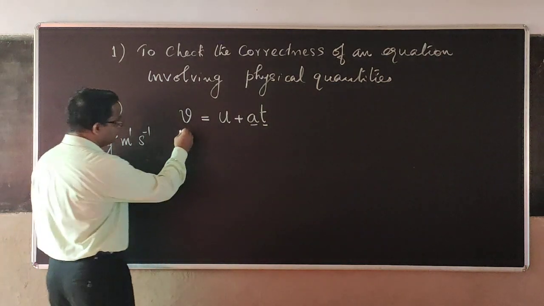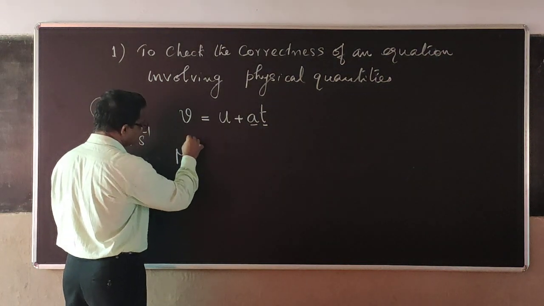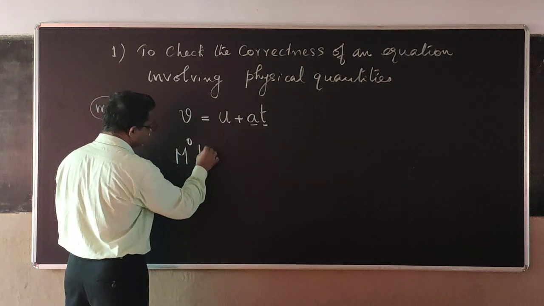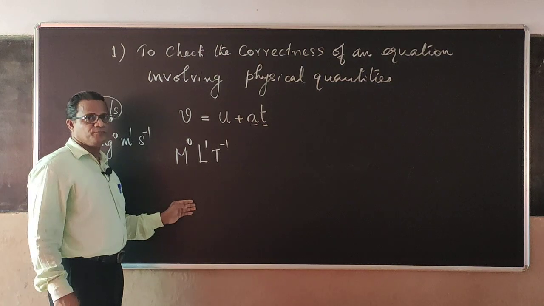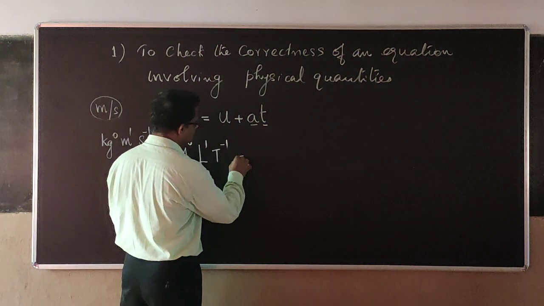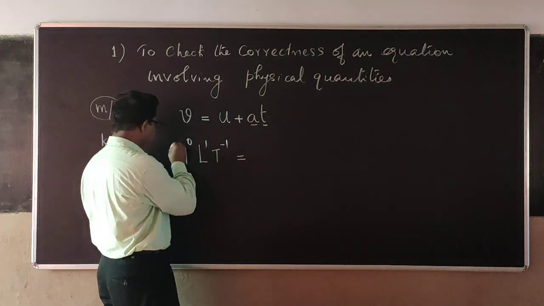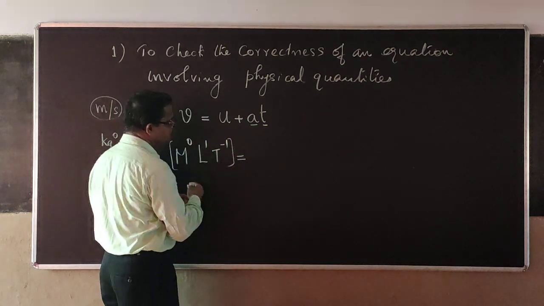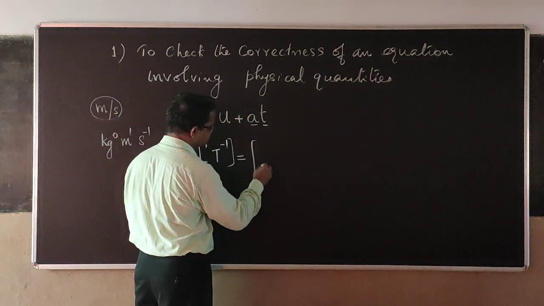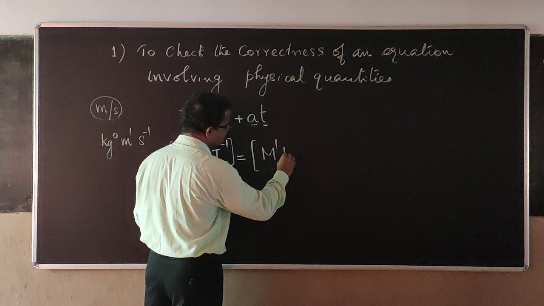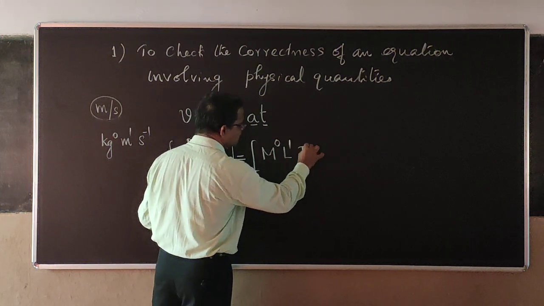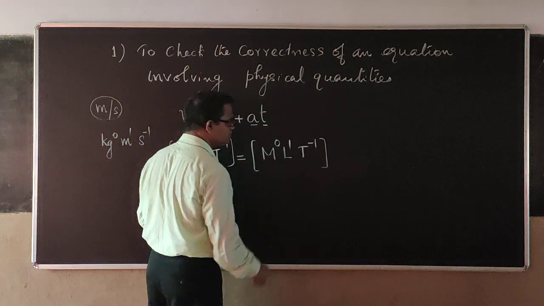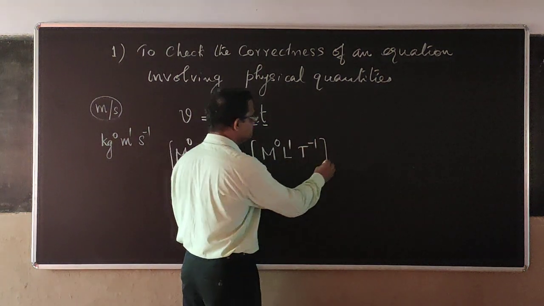Therefore, dimensional formula will be M^0 L^1 T^-1. For the right hand side, final velocity and initial velocity again, M^0 L^1 T^-1, plus